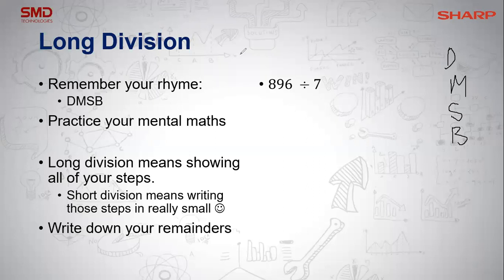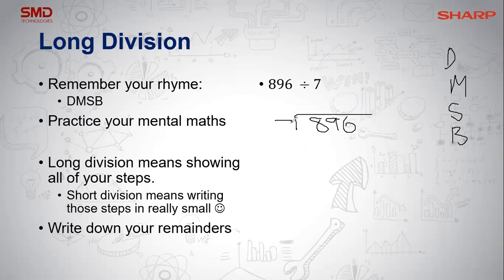Okay, so with long division, it means showing all of your steps. Short division means we write the long division steps down really small, and we leave some of the steps out. So you need to be able to do long division first before you ever progress to short division. Sorry, I wrote that a little close and that's not going to make it easy. Okay, so here we've got